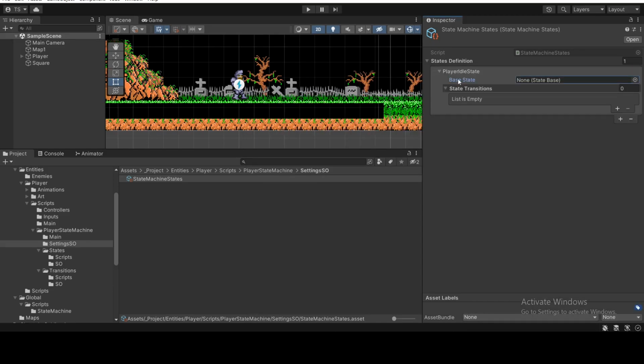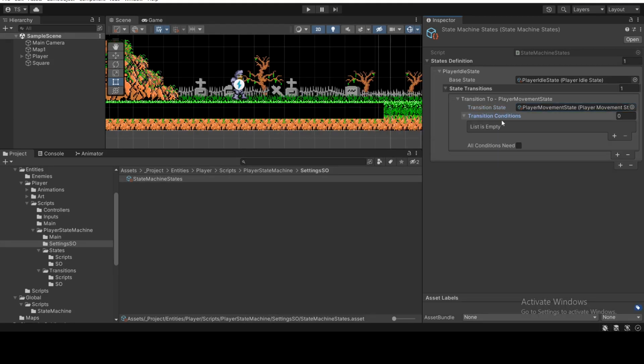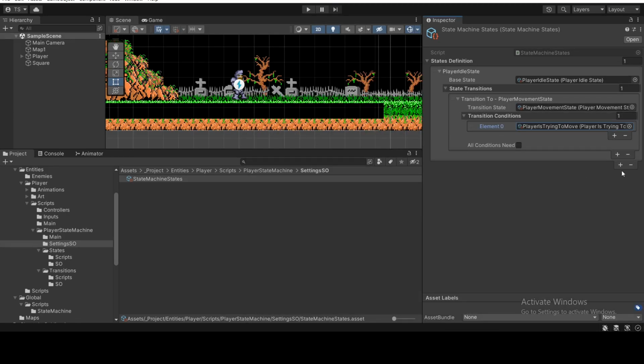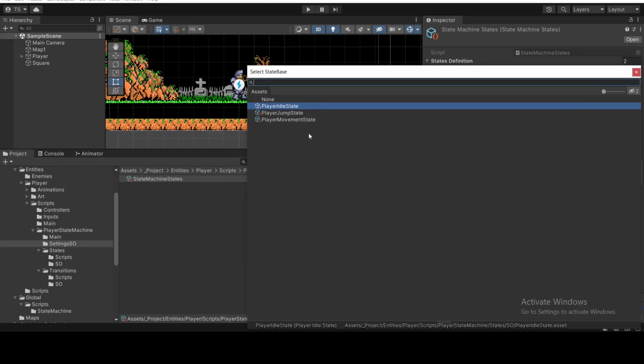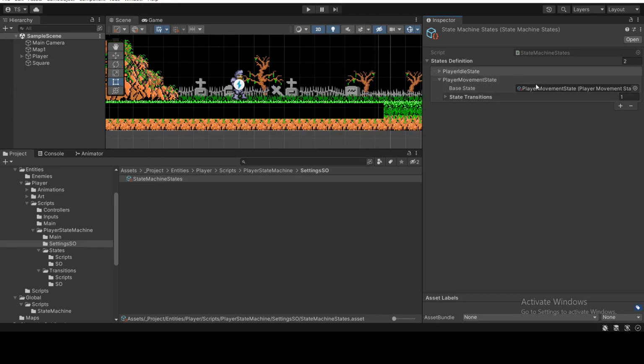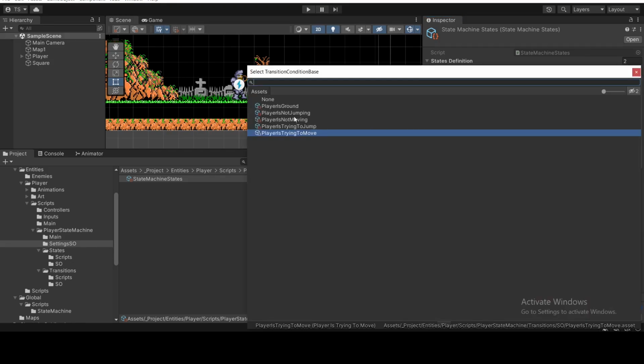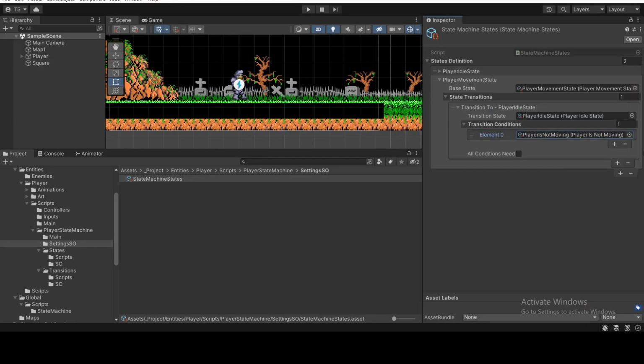to not set as elements. Then we got the transitions. Let's set the movement. The condition will be we will go to the movement state if we are trying to move. And this will be our movement state base, and we will transition to the idle state if we are not moving. Okay,